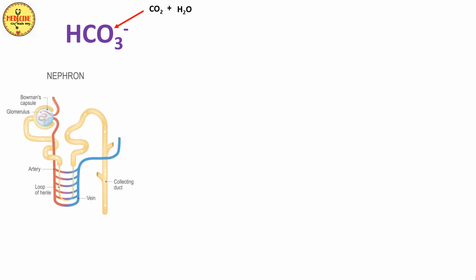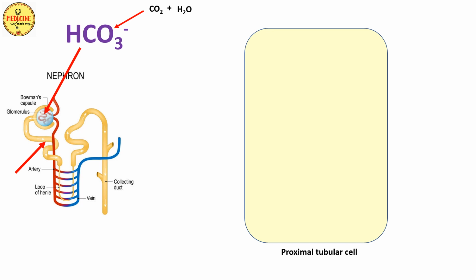Let's start with bicarbonate. Carbon dioxide is formed as a result of cellular metabolism and it gets dissolved in water to form bicarbonate. This bicarbonate reaches the Bowman's capsule of the nephron of our kidney and gets filtered almost entirely. After that, it reaches the proximal convoluted tubule. The proximal convoluted tubular cell would look something like this. It has its apical membrane separating it from the tubular lumen and the basolateral membrane separating it from the interstitial